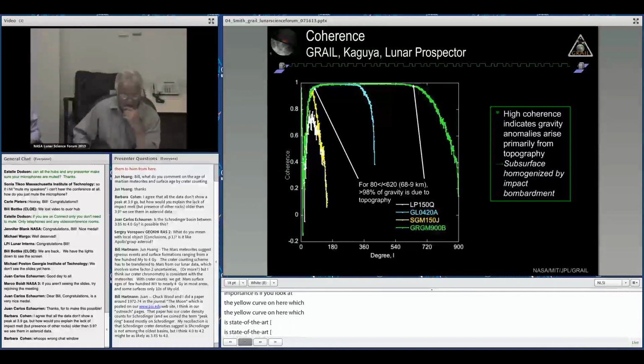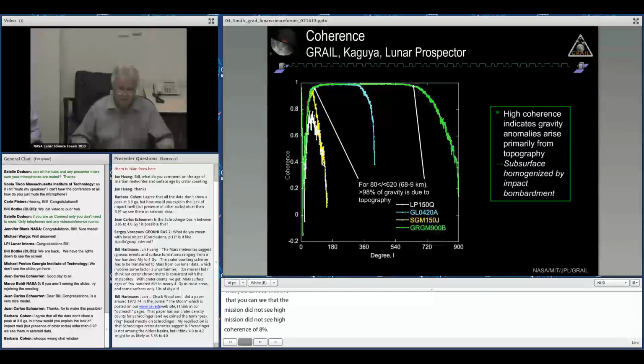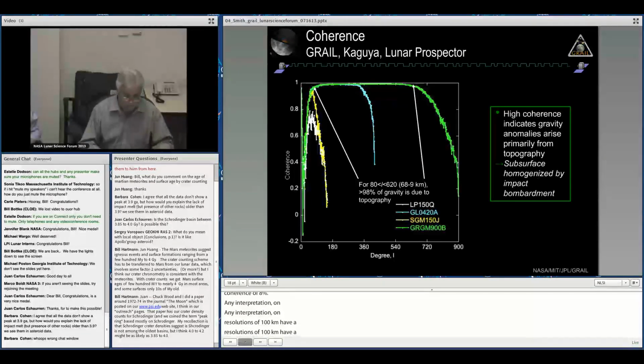Sorry, 2 minutes left. And then you can see that the Kaguya mission did not see the high coherence at about 98% as far as it was able to go. So any interpretation that we did of our earlier fields, all the fields that we did at resolutions of 100 kilometers or thereabouts, have this deficiency associated with not the right correction for topography. Next chart